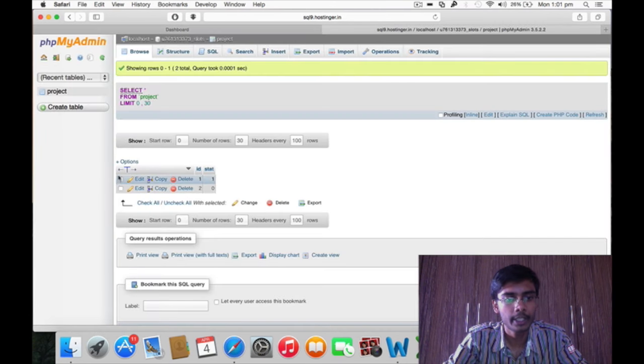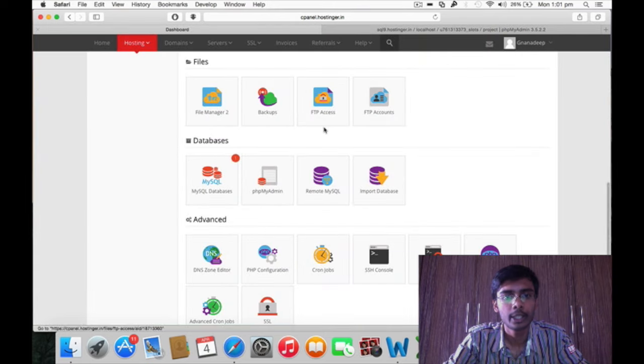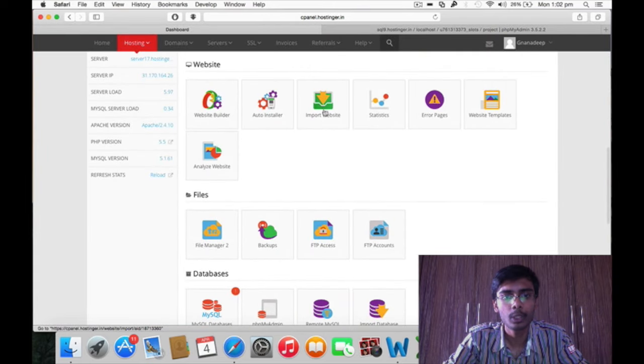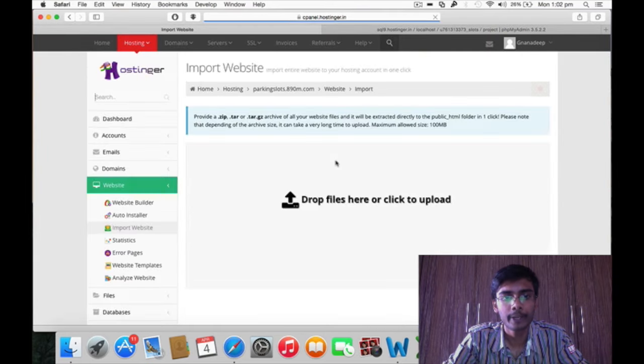As I've already created a table, here ID shows the slot number and stat shows the status of the slot, which is in phpMyAdmin. Then we have to upload the .zip file in the import website domain.